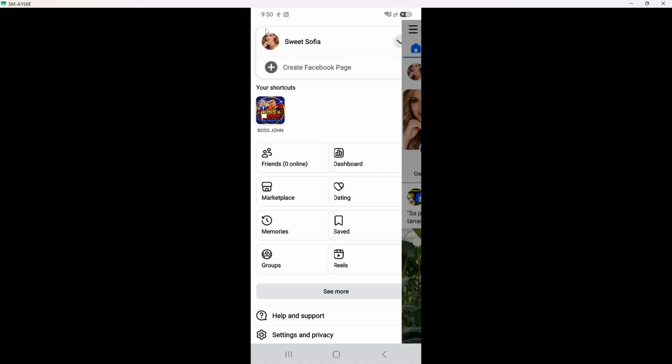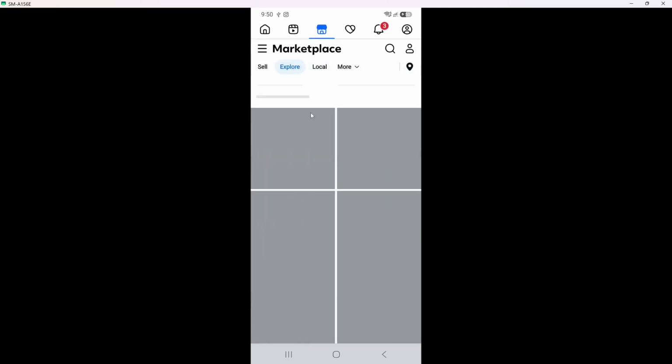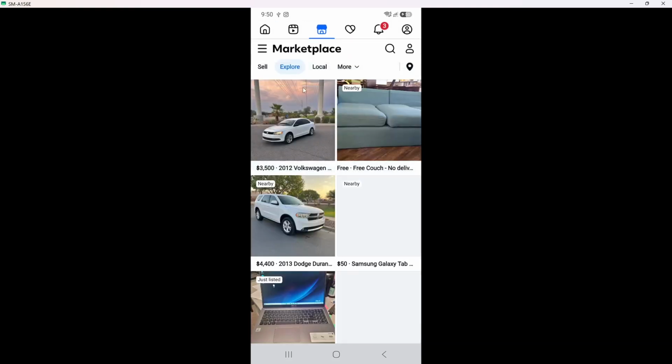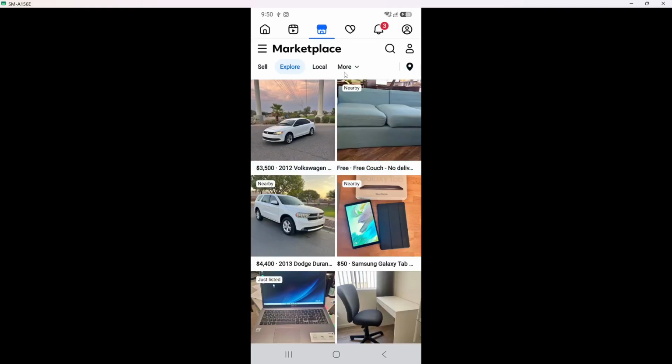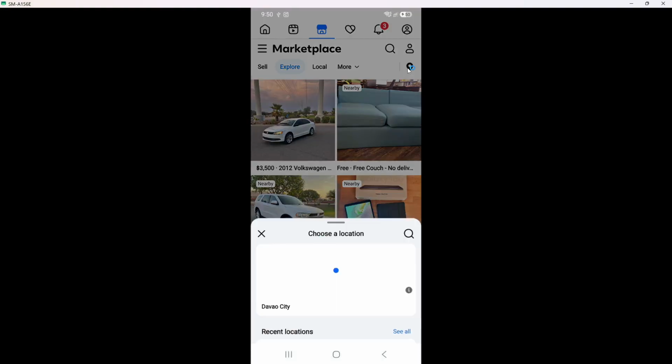Once Facebook is open, tap Marketplace. Look toward the bottom or top of the screen for the Marketplace symbol. It looks like a small shop front. Go ahead and tap that icon, and the Marketplace home will appear, with items for sale near you. If you do not see Marketplace, you may need to tap the menu button first, then choose Marketplace from that list. From there, tap your profile or selling icon.